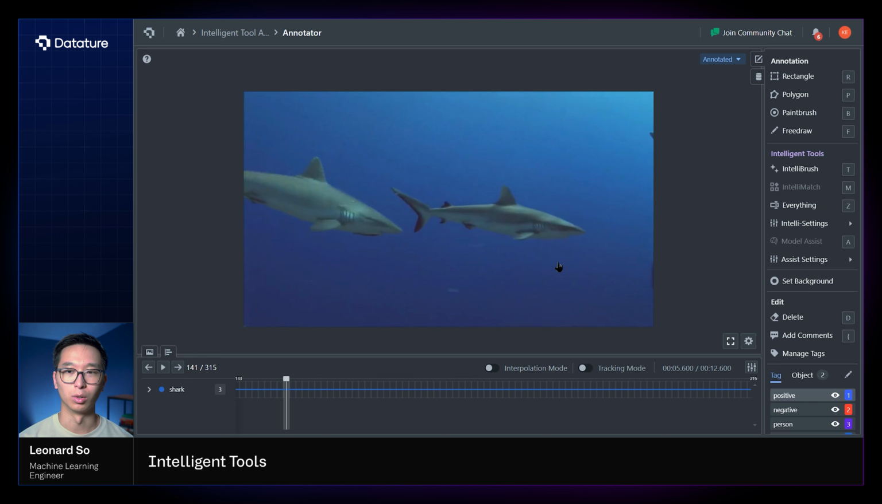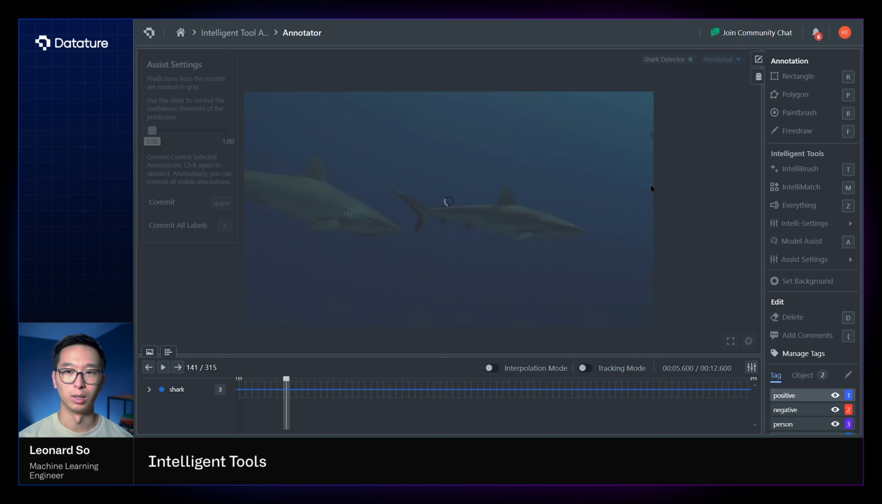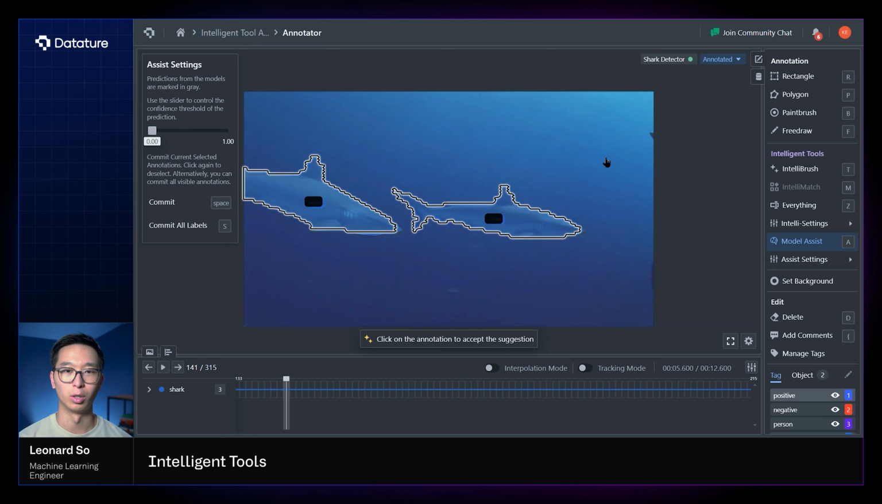Once we've done that, we can go into assist settings and select that deployment. And then we can go on an arbitrary frame and image and select model assist, and it will run that image on our deployed model and then use the predictions as possible annotations that we can use for our dataset. Now, as you can see, the model is able to produce fairly good predictions, which will provide good annotations for